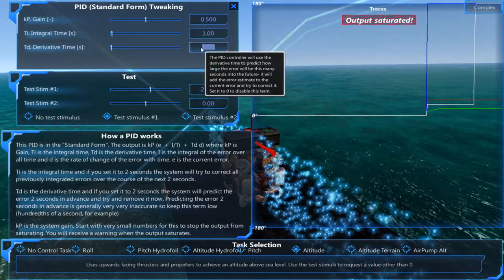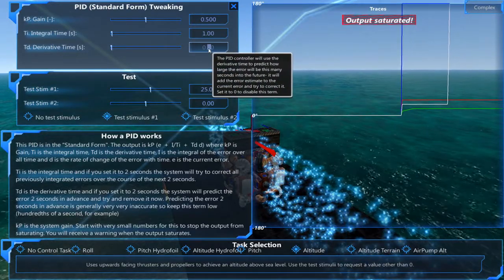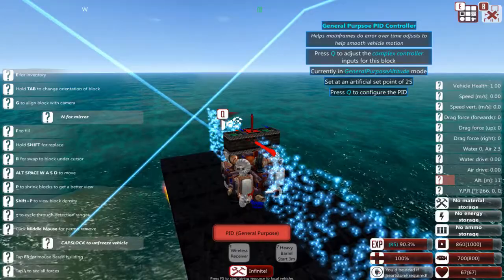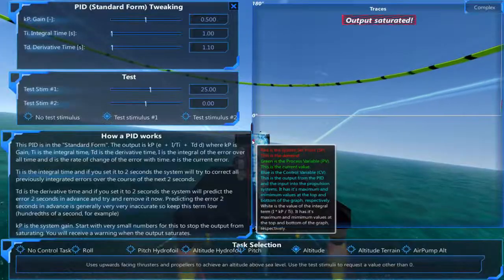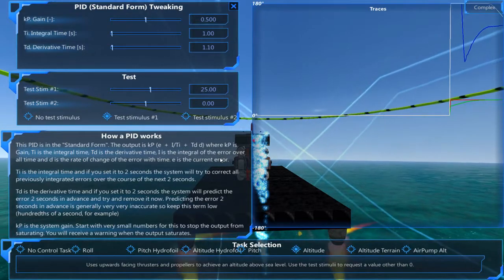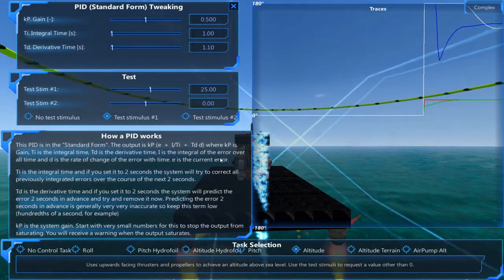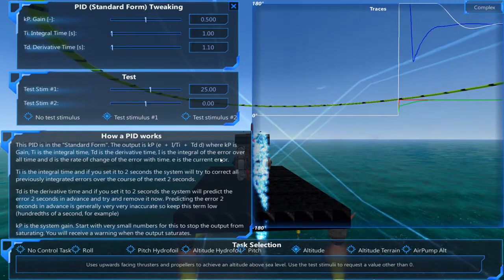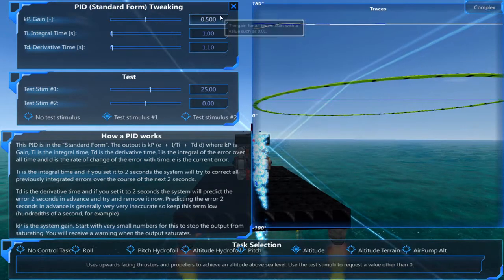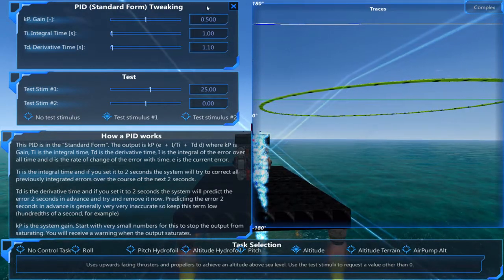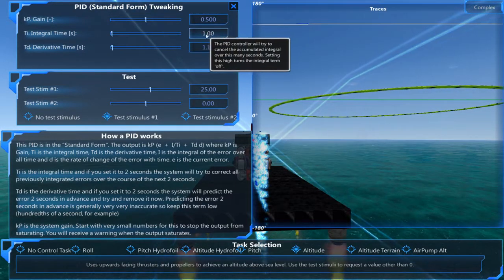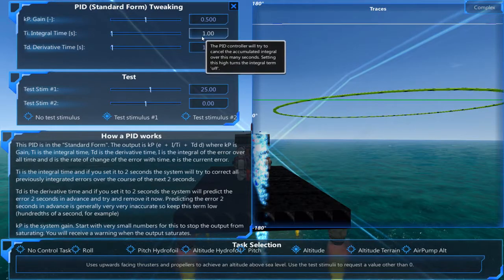I'm going to set this to 1 second, and I'm going to set the derivative time to something like, I don't know, 1 second, 1 second 10. Let's see, does it smooth this out? It does appear that having the derivative time set is smoothing it out. So basically, I have this set up. So for something like this, you definitely want a very high amount of thrust, and you want to have the integral time set to be,